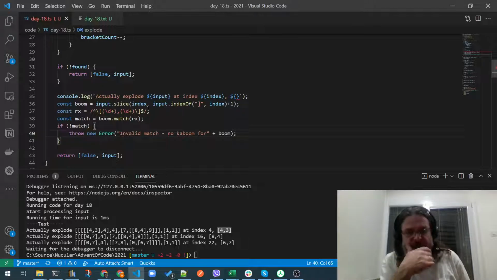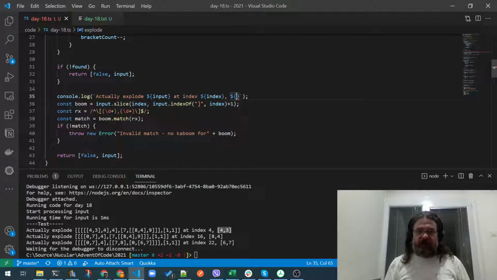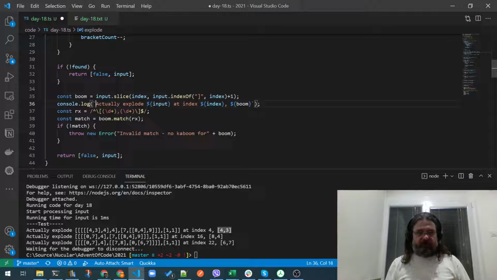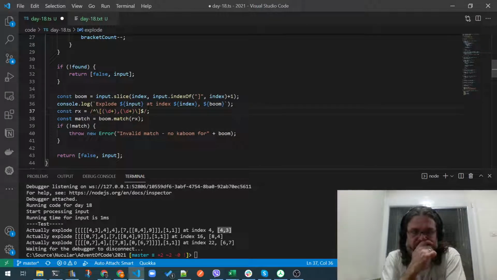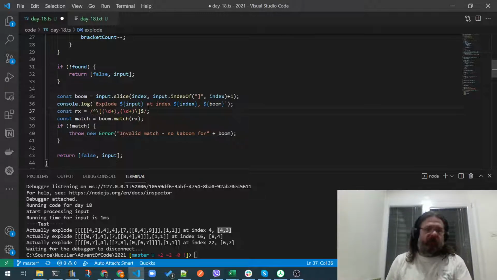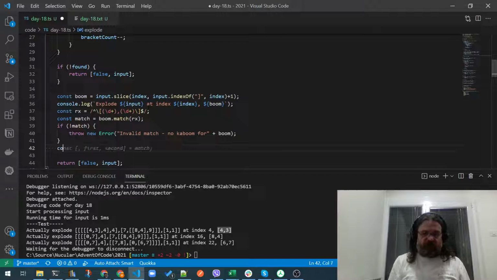And note that we do have the index. No kaboom for boom. Okay, but if there is a kaboom for boom,